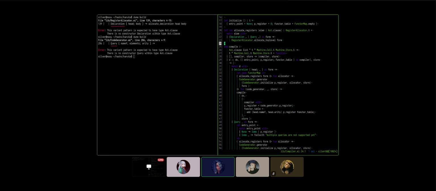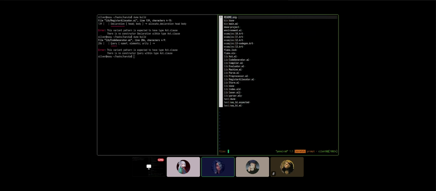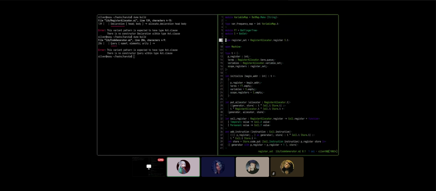Because there's no declaration of line 26 happening on line 32, because declaration is a parser clause and we are saying it's coming a list of clauses. How is this not breaking? Probably because this is eager, like eager evaluation order in the type checker. It's breaking first there, I guess. Okay, that actually makes sense. I'm just guessing. I could be completely wrong and it's breaking for an entirely different reason, but I would bet on your guess.